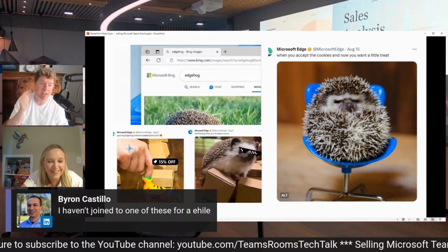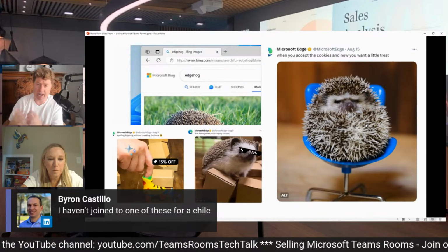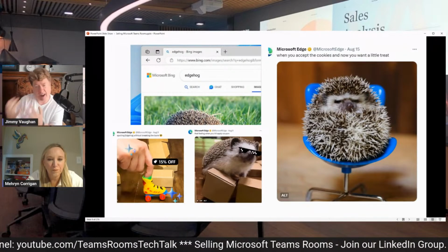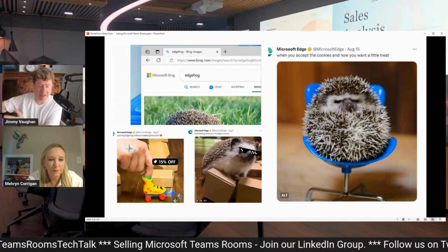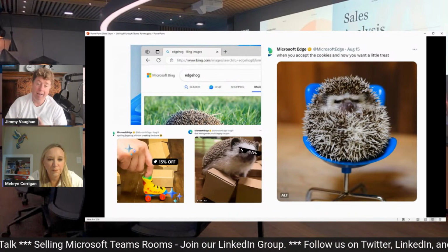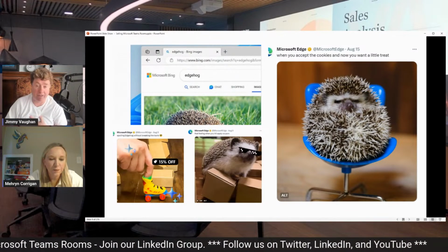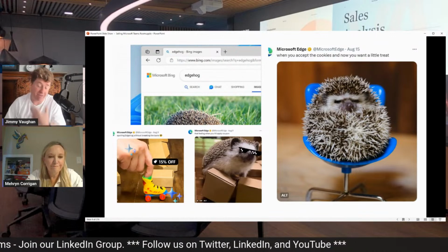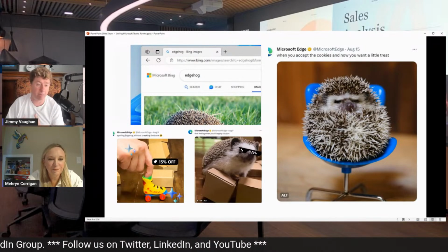But if you haven't used Microsoft Edge, before I got here, I was a big Chrome guy. I used Firefox. I used all these things. Edge was sort of in the background. If you haven't used it in a while, it really is a masterful browser at this point. It has a whole bunch of things and features that I just didn't find in other browsers as well.